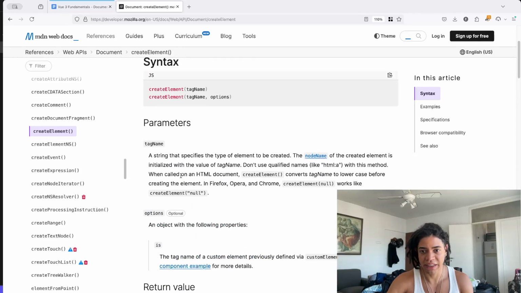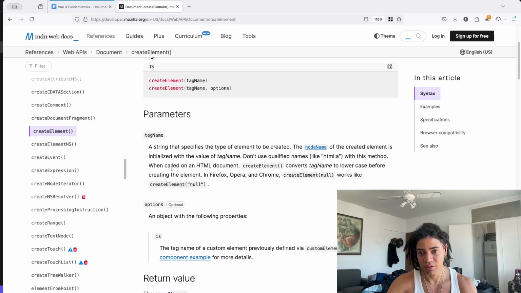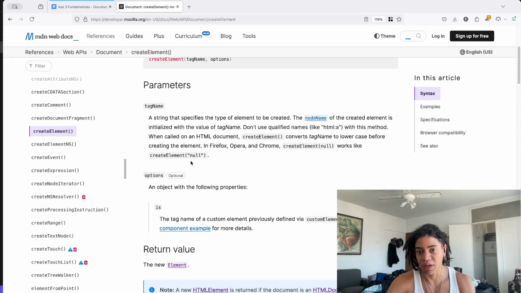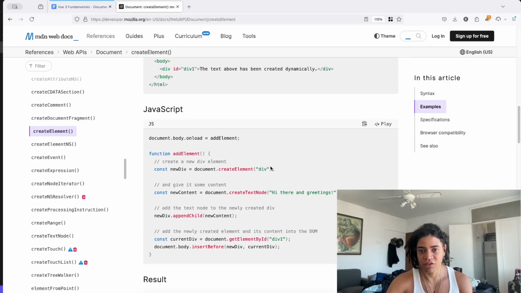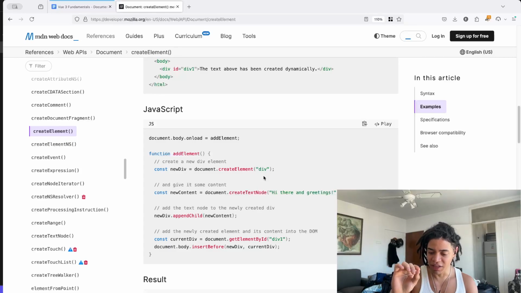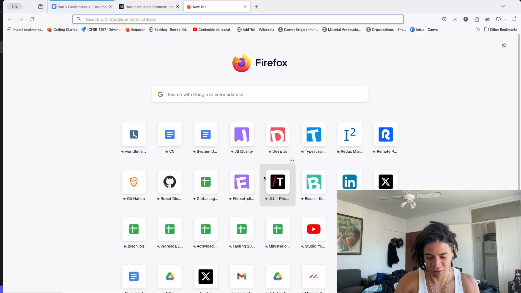So this tag name that you're going to pass is now a node name, okay, which can be null, or you can pass an element, all right? And this is just a couple of examples of how you can do that. Like, hey, create elements. And again, to recap the class hierarchy of how the DOM is made, let me see if there is a